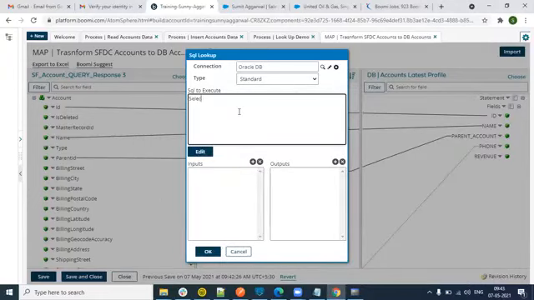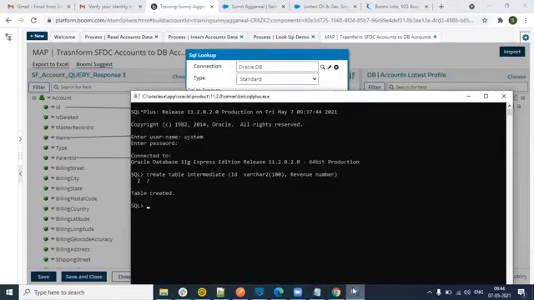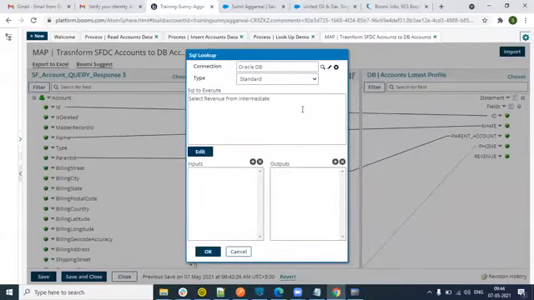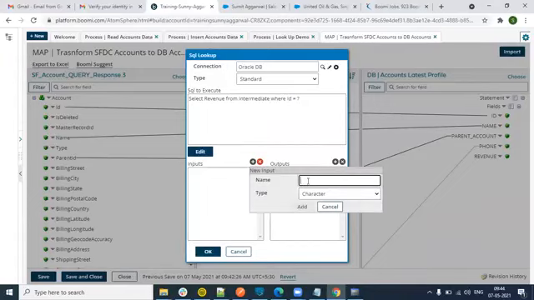So what should our query be? Select revenue from intermediate where ID is equal to what? We don't know. ID will keep on changing, right? So we'll write a question mark. Question mark indicates a dynamic parameter, and that dynamic parameter value will come from the input. And I will give the input as, let's say,